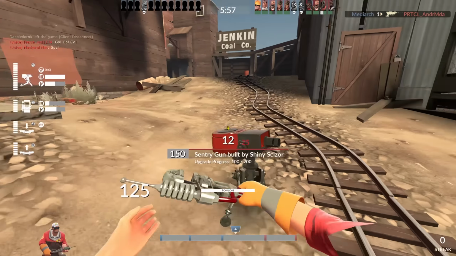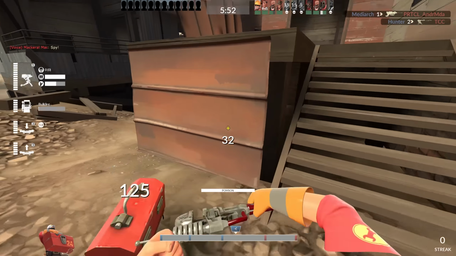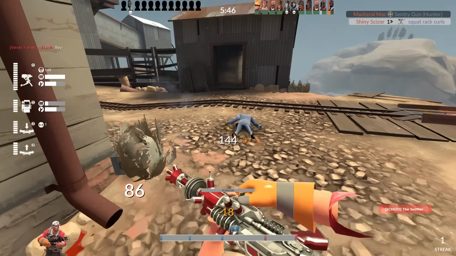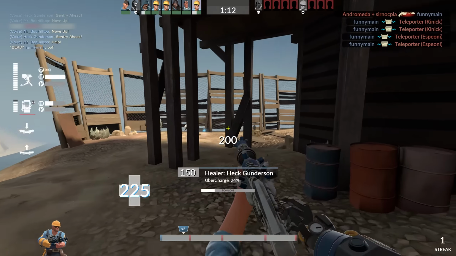In the many agonizing weeks that I used the Pomson to get footage for this video, I managed to get one clip where I definitely affected a Dead Ringer spy's ability to feign death, and here it is. Well, I guess that works. Amazing. So let's move on to the Uber drain,